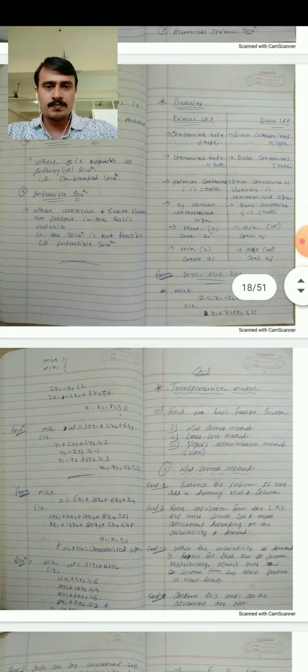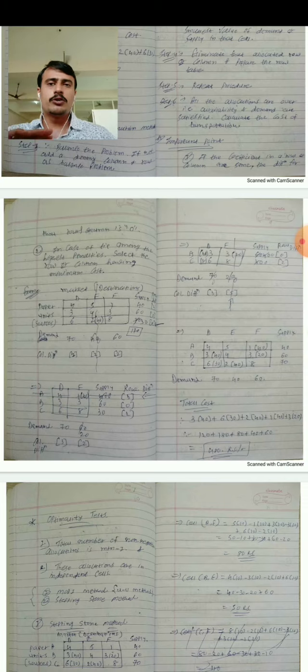We have seen all three methods of the transportation model for finding the basic feasible solution: northwest corner method, least cost method and Vogel's approximation method. First, the northwest corner method: for the same example, the transportation cost is 870 rupees. Second, the least cost method: the total transportation cost is 480 rupees. And third, the VAM method, Vogel's approximation method: the transportation cost is 480 rupees. Among these three methods, the minimum transportation cost we find is with the VAM method.